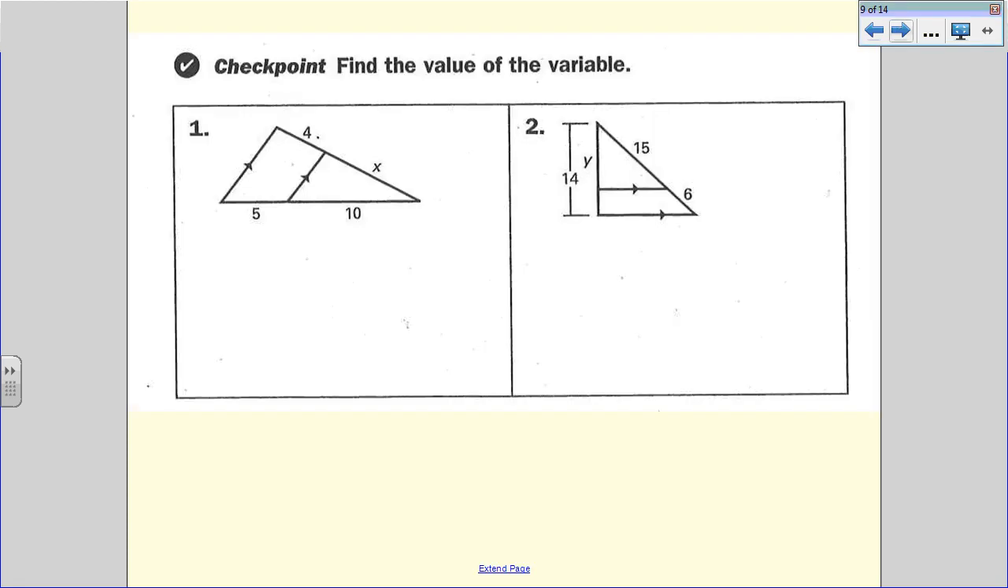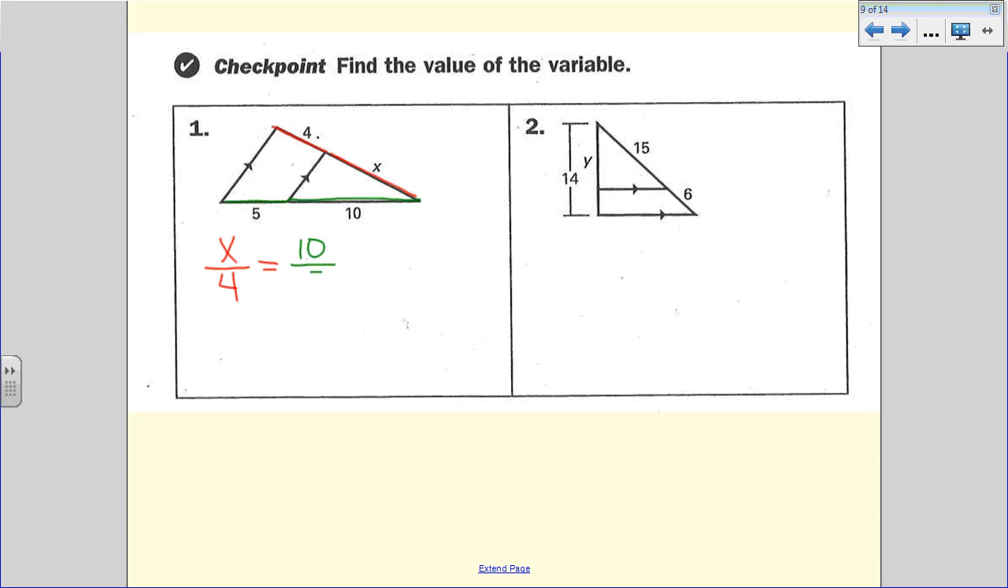I'll do one together, and then you guys will do one on your own. It says find the value of the variable. So when I look at this, I'm trying to find x. So I know x can be put in a ratio with 4. Those are the two segments on the sides. And I want to set that equal to 10